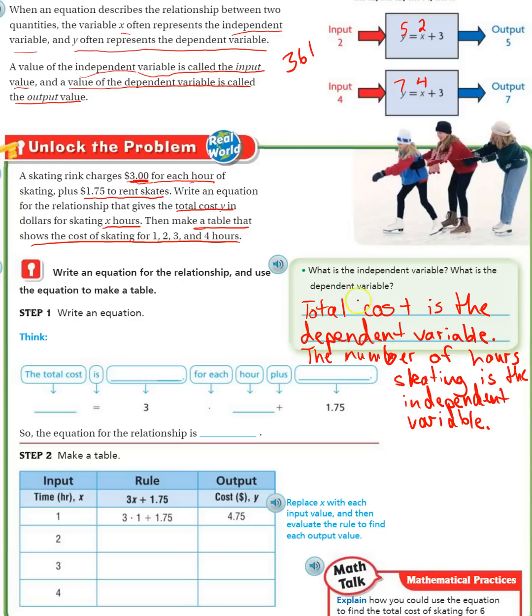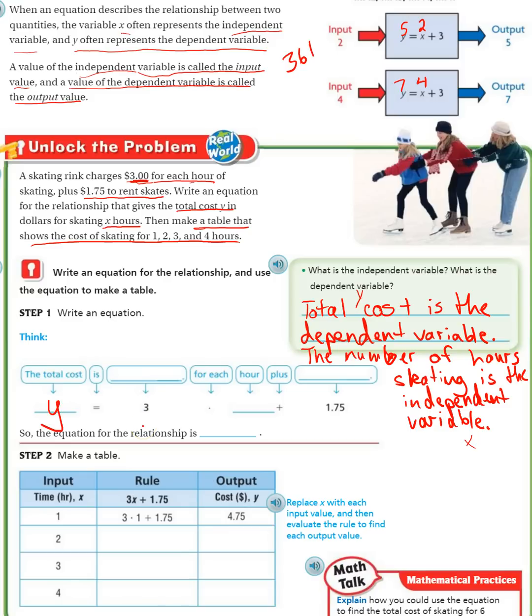And for the total cost, we're going to use y. And for the independent variable, the number of hours, we're going to use x, because that's what they've told us to do. So our total cost, that's our y, that's our dependent variable,